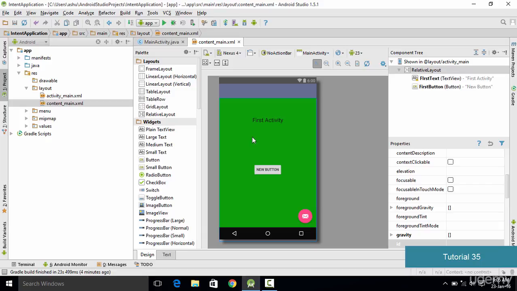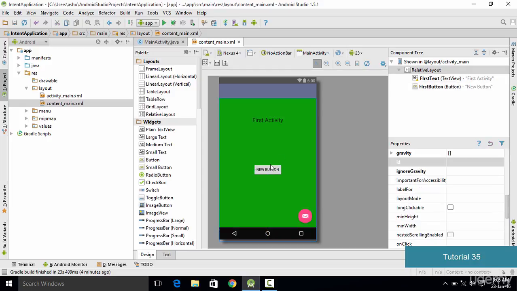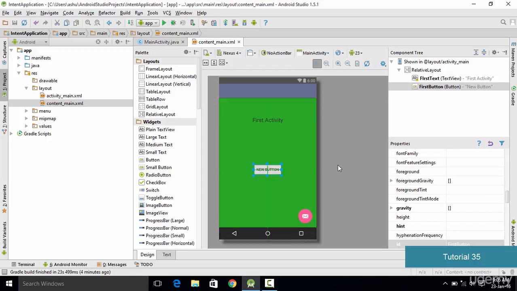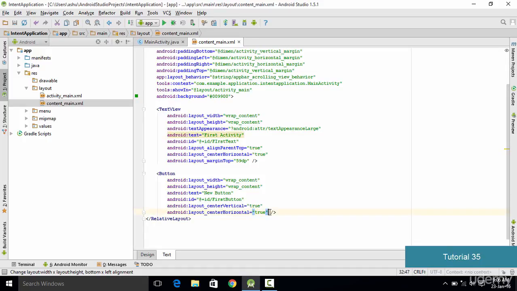Now the next thing we want to do is that when we click this button, something should happen. There are two ways to do that. The first way is by adding an on-click listener or on-touch listener to this button, but instead of doing that we have one more simple way. In order to handle the click event of this button, we go right here to the text view of the XML, then we go inside the button right over here, and then we type